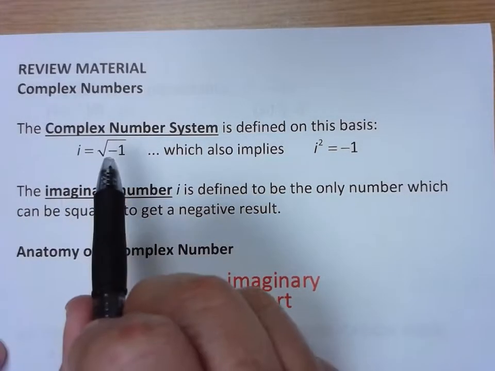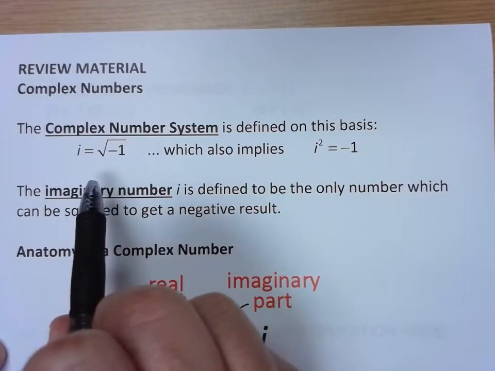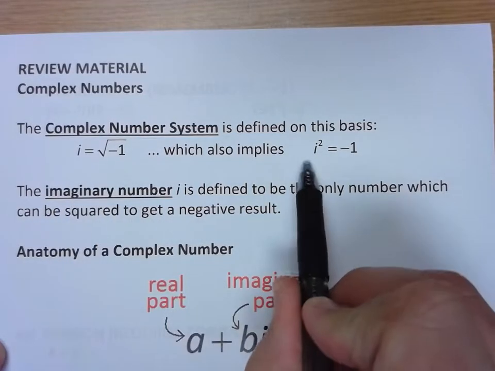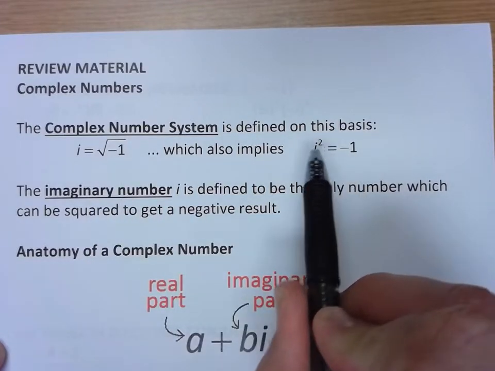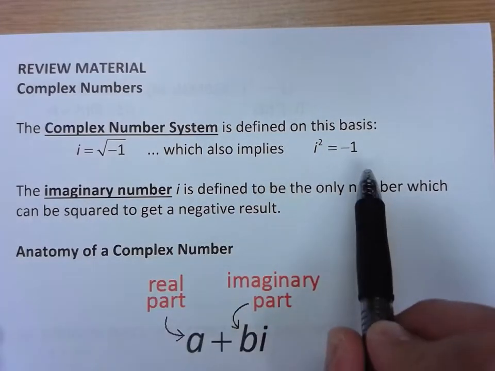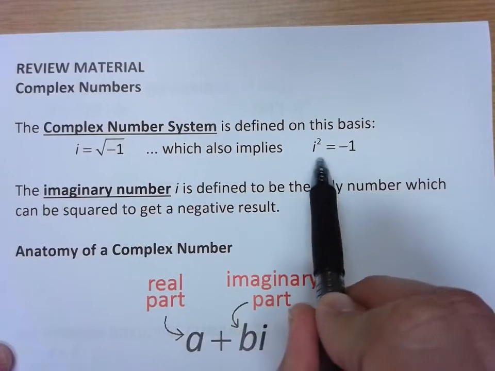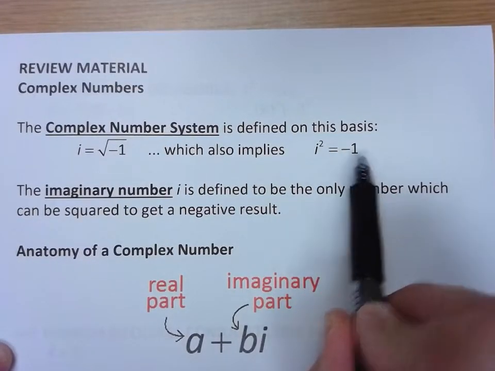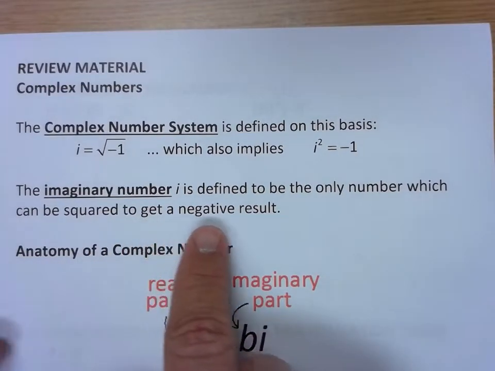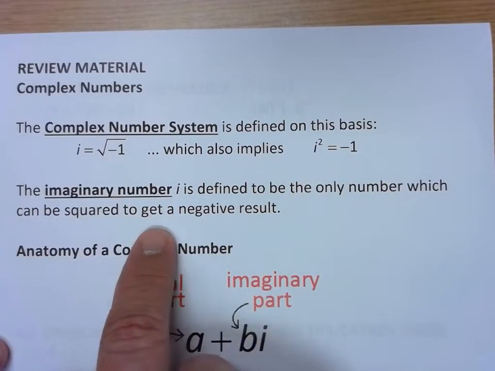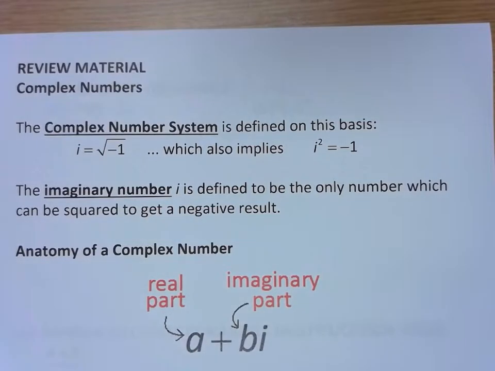Now if you take this equation and you square both sides of it, the left-hand side becomes i squared, the right-hand side becomes -1. So a very important extension of this same definition tells you that i is the only number you can square and get a negative result. So the imaginary number i is defined to be the only number that can be squared to give you that negative result. So just a quick, for instance,